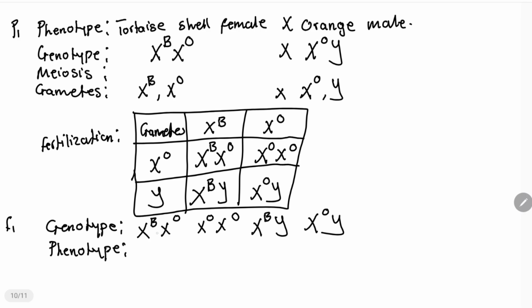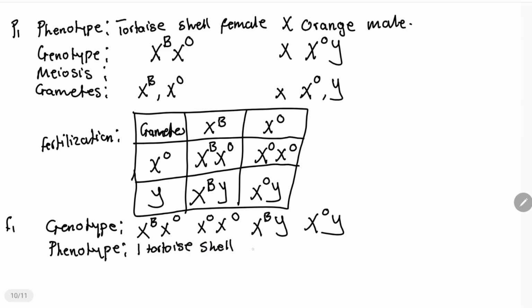Let's look at this one. This is a tortoiseshell female because it is a combination of black and orange. So this is tortoiseshell. But this female right here, she is orange. This one, this is a black male. And this one, this is an orange male. So let's write the phenotype. So it is going to be 1 tortoiseshell